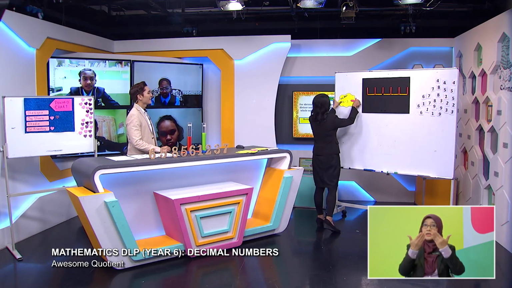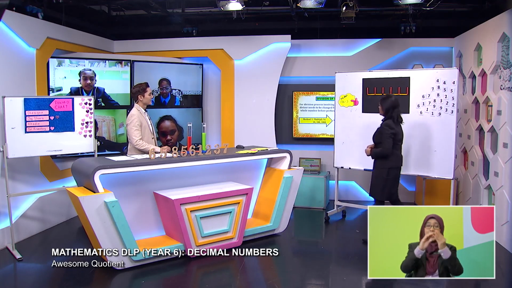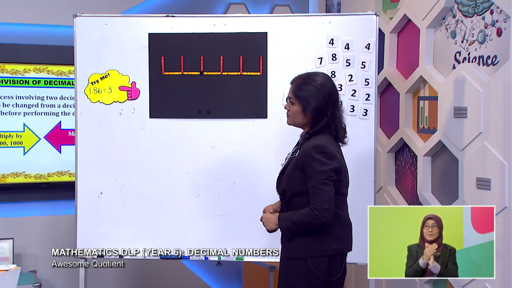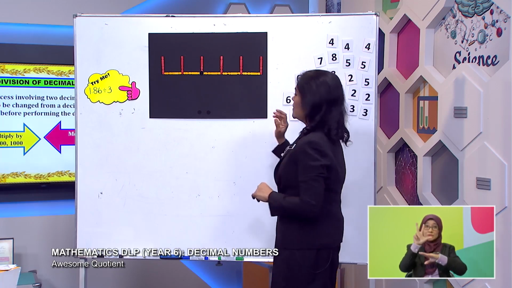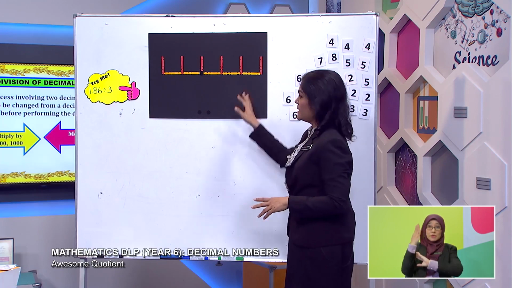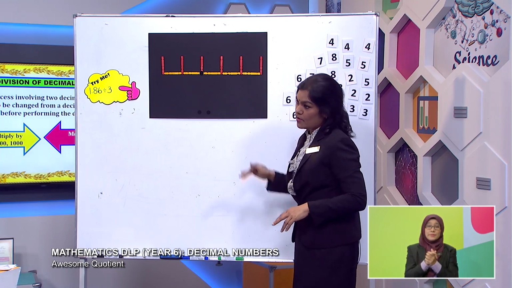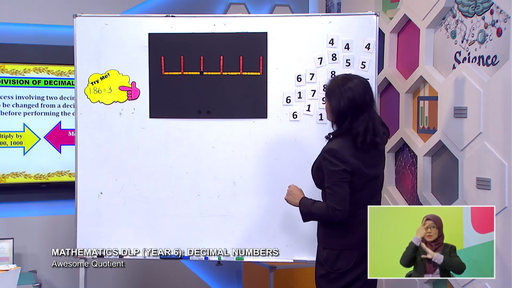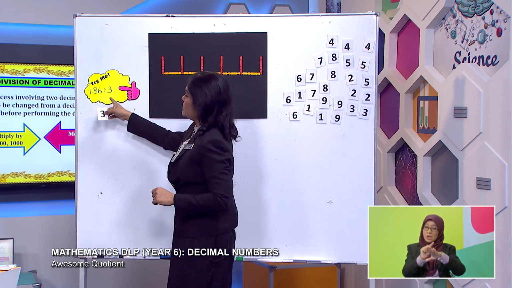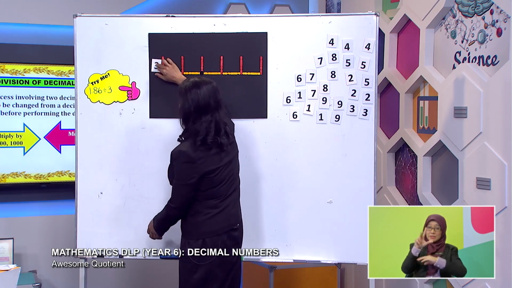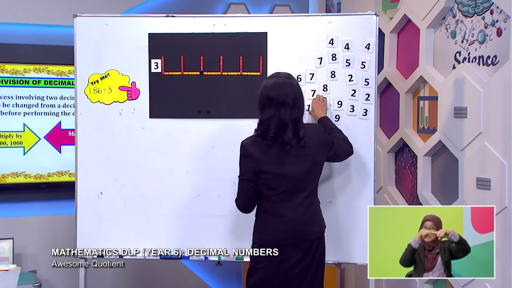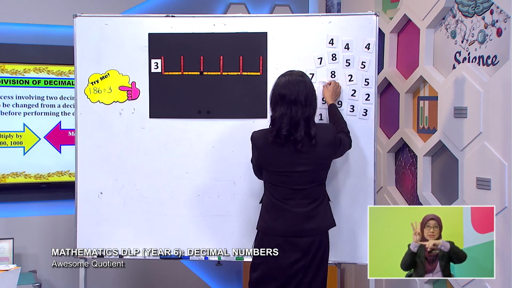Are we going to get big numbers here, Teacher Kalai? No. I give an example on a whole number first. So what are we going to divide here? The mathematics sentence is 1.86 divided by 3. 3 is a whole number, kids, so don't worry first. Teacher would like to introduce a new method here. We call it the box method, instead of using the long division that you usually use. What is the divisor here? The divisor would be 3. And what is the dividend? The dividend is 1.86.